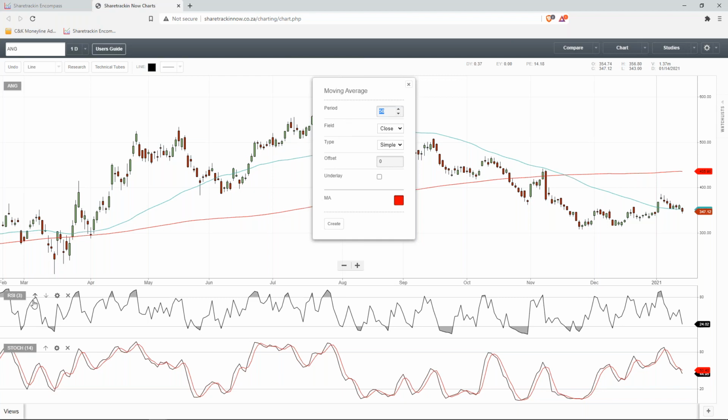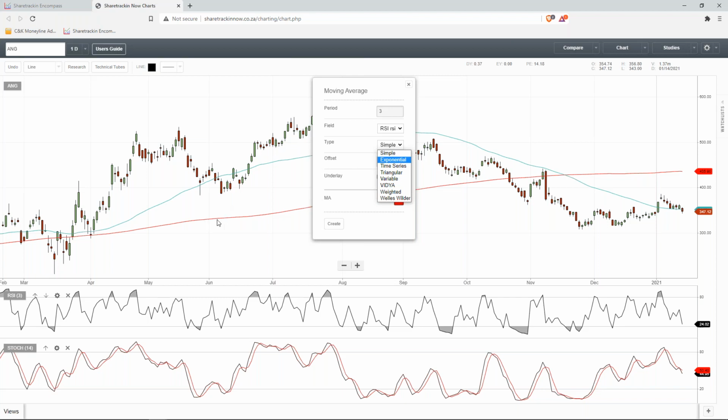So the time period on the RSI is currently 3. So we change it to 3. Then we choose the field, which is our RSI. And then the type would be exponential instead of a simple moving average, right? So a simple moving average would be a more